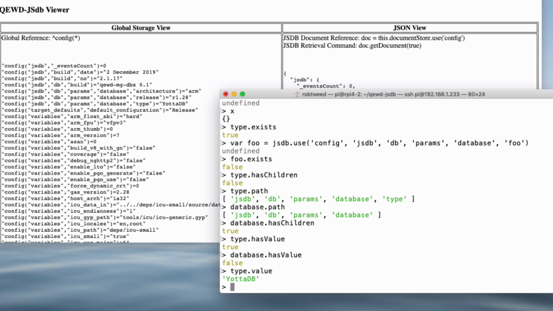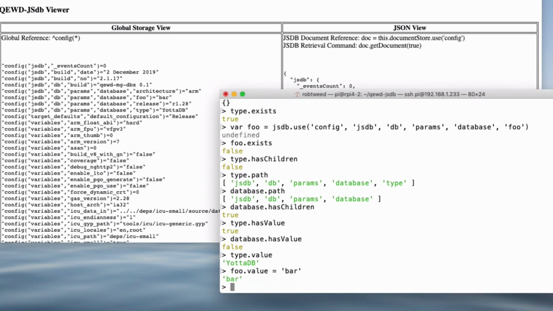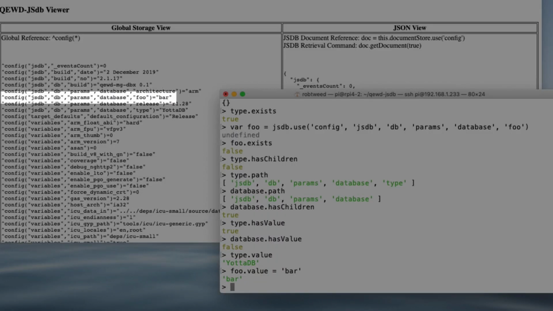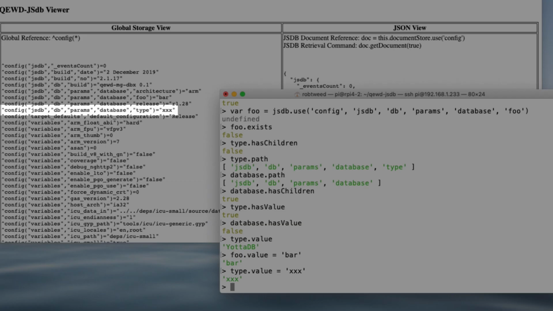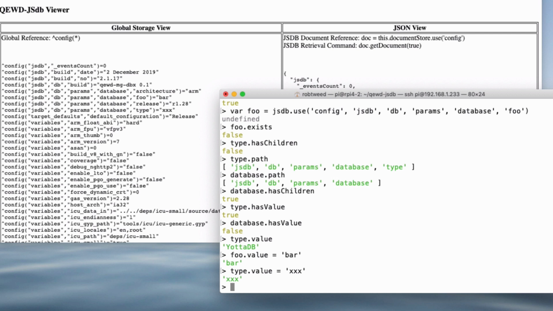Now remember we created that foo node a minute ago. Take a look at what happens if I do this. That's very cool. It's added a new leaf node into our onDisk object. You can see that the value property is a read-write one. So now if I do this, you'll see that I can also directly change the value of an existing onDisk object's leaf node. So this really is fine-grained storage. We can set and get sub-objects at any level, and even set and get leaf node values anywhere in the